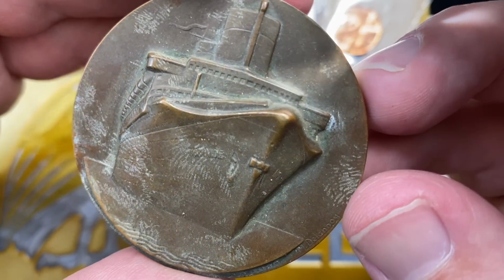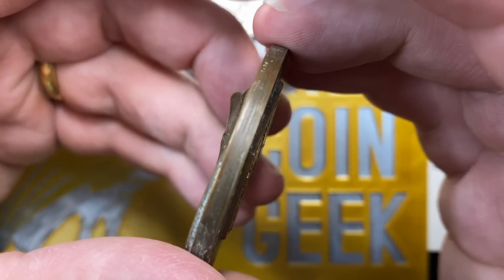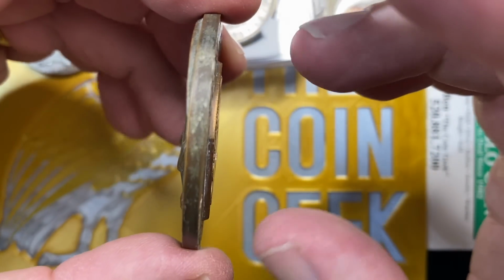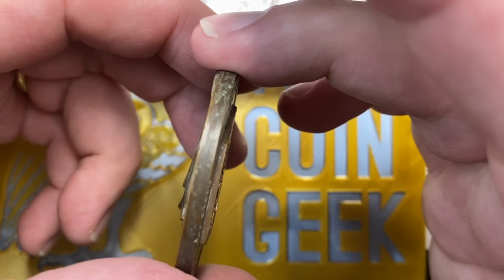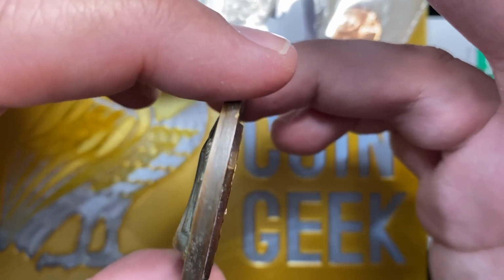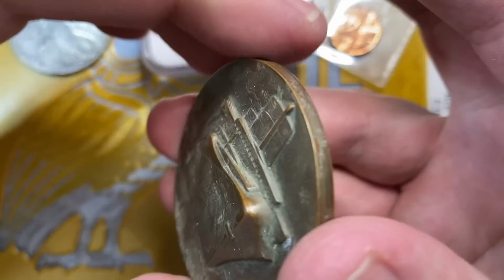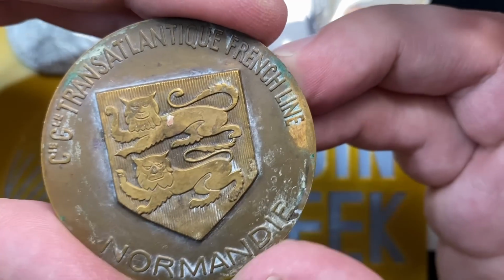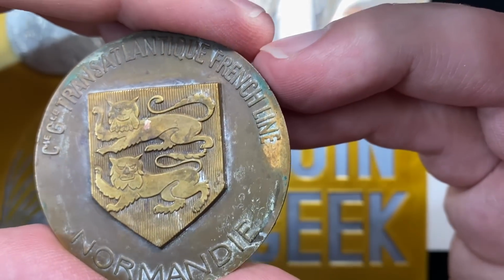The Normandy. So this is a pretty cool piece here. See if it's marked on the edge with who made it. So this reminds me of the modern mint medal that came out that had the big warship on it. So here we go, the Normandy,